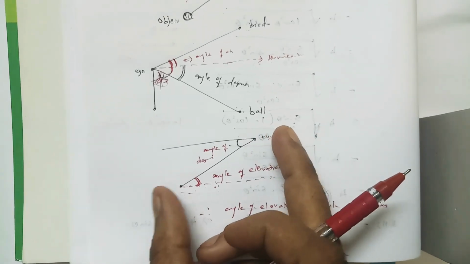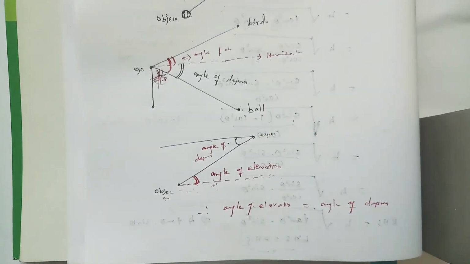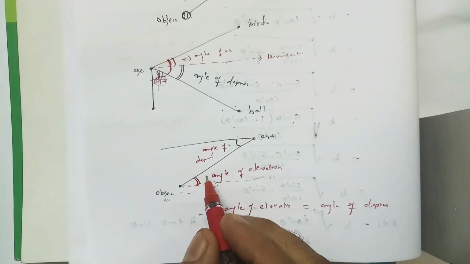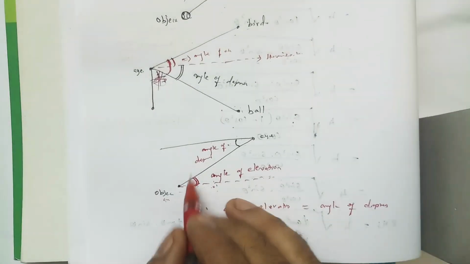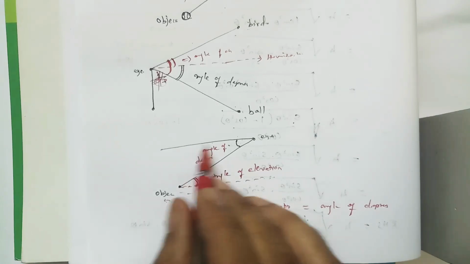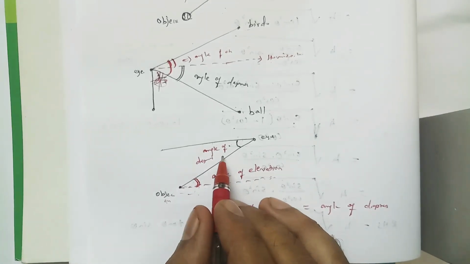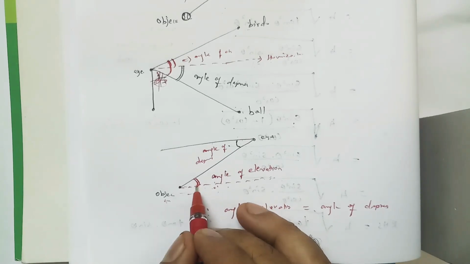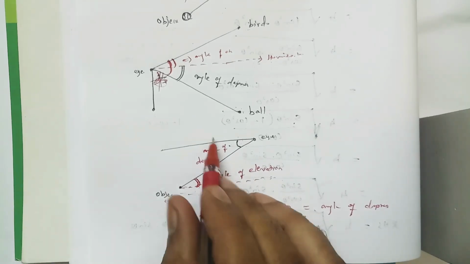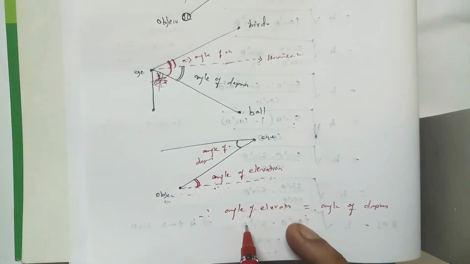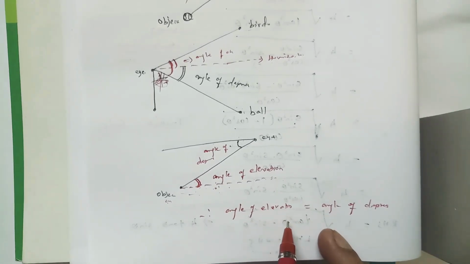Say I am having only the angle of depression image alone, but I am just drawing a line parallel to that horizontal line, right? Now we are getting the horizontal line and the line of sight. One more angle is formed, and that angle is the angle of elevation, and automatically both the angles are equal. So the angle of elevation is equal to the angle of depression, right?